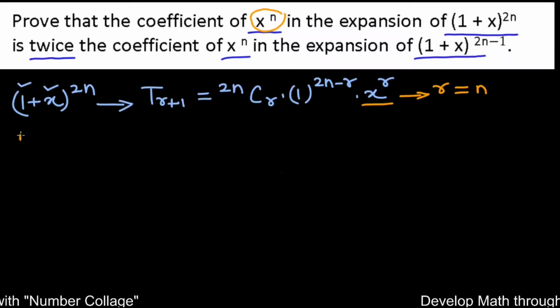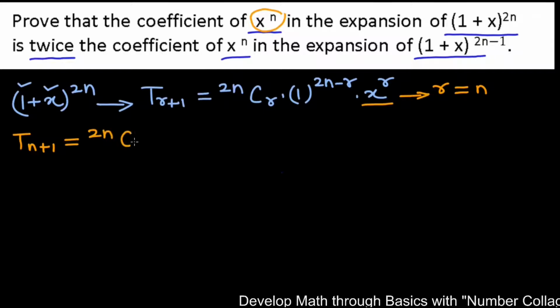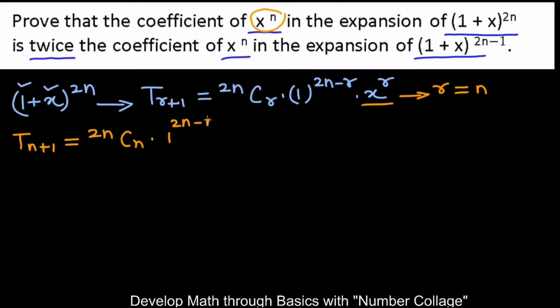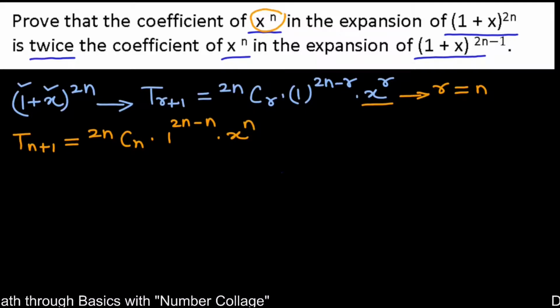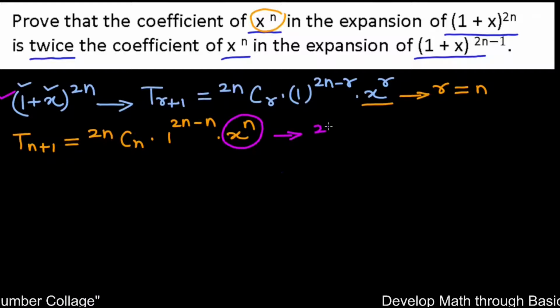Therefore, the general term becomes T(n plus 1) equals 2n C n into 1 raised to 2n minus n into x raised to n. So this gives us the coefficient of x raised to n in this expansion as 2n